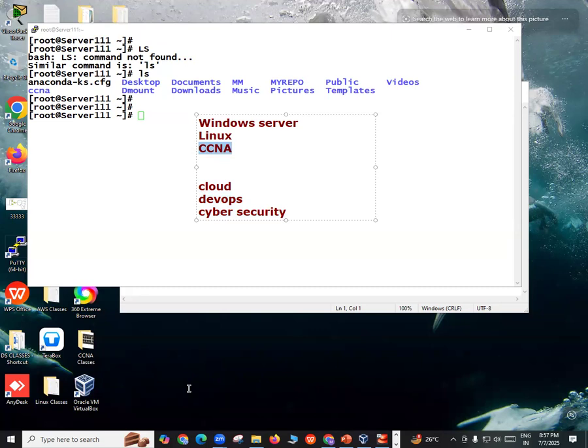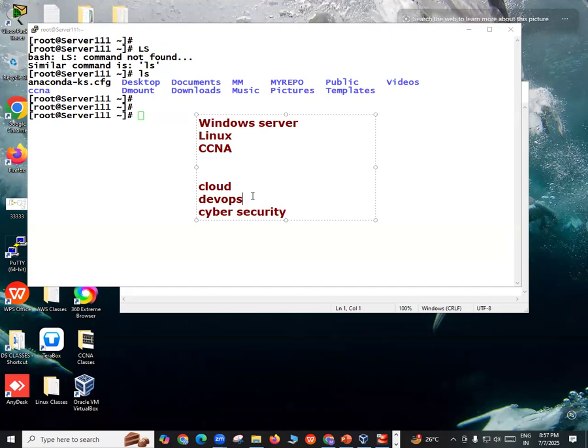This is not the way. You should not go in reverse. You should start with Windows, Linux, and CCNA, and then go upwards. But normally people start directly with DevOps. They may get a job through some reference, and then once they start working, they cannot understand anything that is happening.